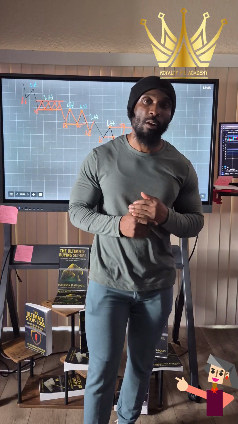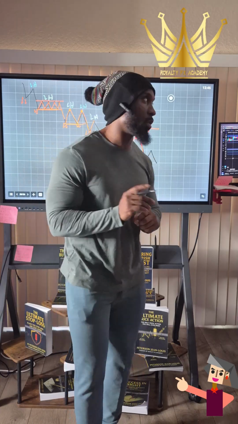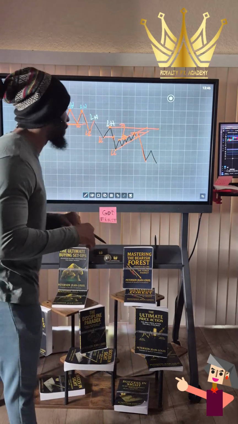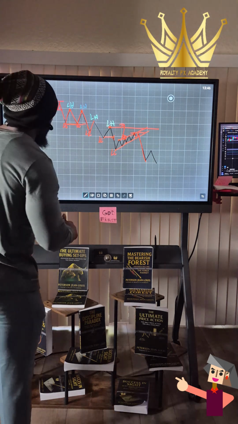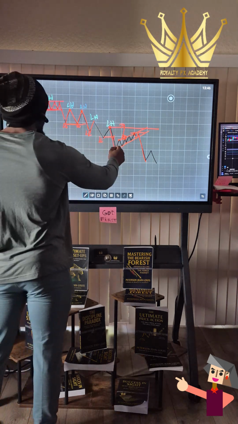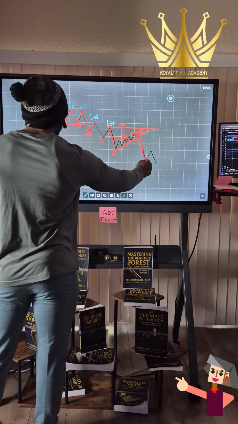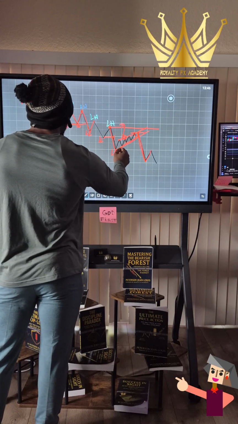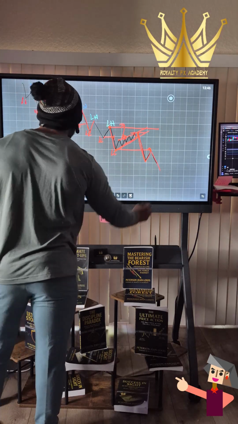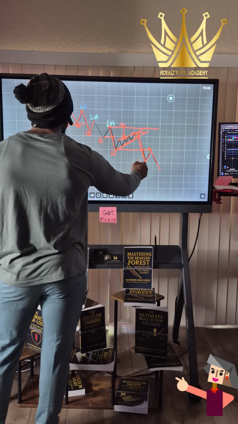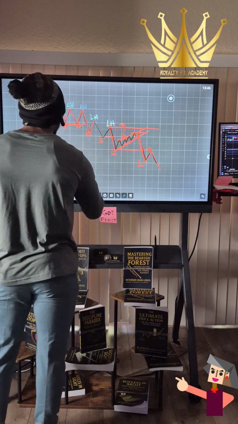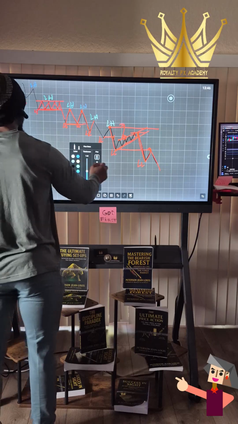1% is 1% no matter what. You just got to stay consistent. 2% is 2% no matter what. Just adjust the lot size accordingly. That way it equals that amount itself. So as you can see again, back to this, boom, and it fell. And then again, within this point right here, and then to give you the next one. So right here is a lower low, and then up there will be considered all lower highs.